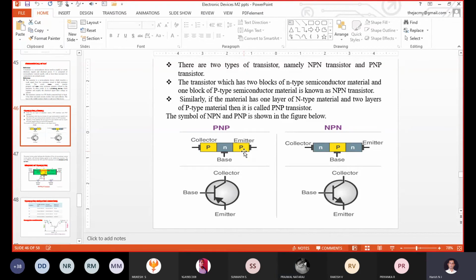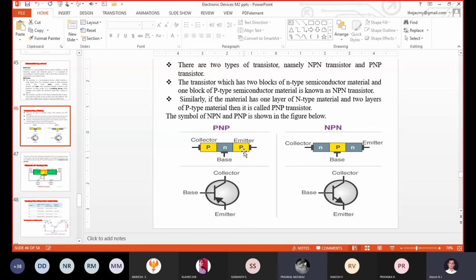Once again, I will repeat. The emitter terminal, whether it is an NPN or PNP transistor, so don't worry about the type of transistor. The substrate connected to the emitter terminal should be heavily doped. The middle one is always the base, either PNP or NPN. The base is always the lightly doped, least doped substrate. The collector is moderately doped. It is clear: collector is moderately, emitter is heavily, base is lightly doped.